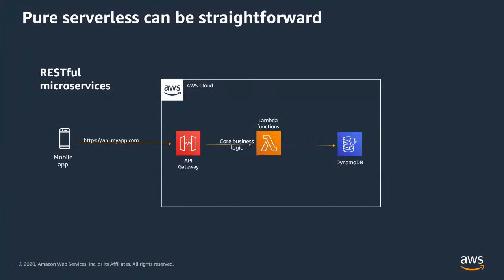So if you start with serverless, a lot of folks, when they start with it, they just keep it very simple, right? It starts with a very simple, straightforward pattern, which is a RESTful API. So you put an API on API Gateway, and then that API Gateway would invoke a Lambda, and that Lambda just talks to a database, right? So you're just talking about a very basic CRUD API, and that's being accessed by maybe a mobile application or a web application. So straightforward, up and down.